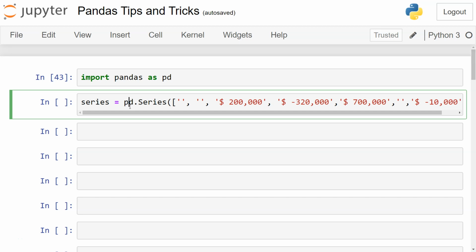Hello there and welcome to the new Pandas tips and tricks tutorial, where I will show you how you can process data like this into numeric data. This is from my book, 100 Python Pandas Tips and